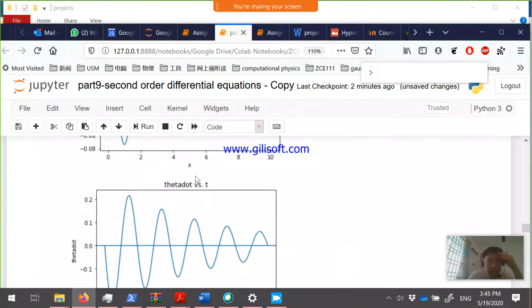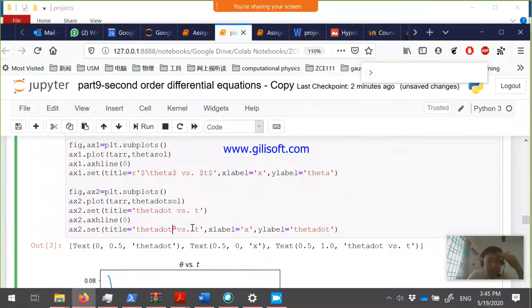So how about this one, theta dot versus T? You can do the same thing. I change the title by saying an R here. Then inside this one, I'll change this into a LaTeX form. It should be dot in a curly bracket, theta. So this command, slash dot, and in the curly bracket you have a slash theta, would produce a theta dot symbol. Then versus another